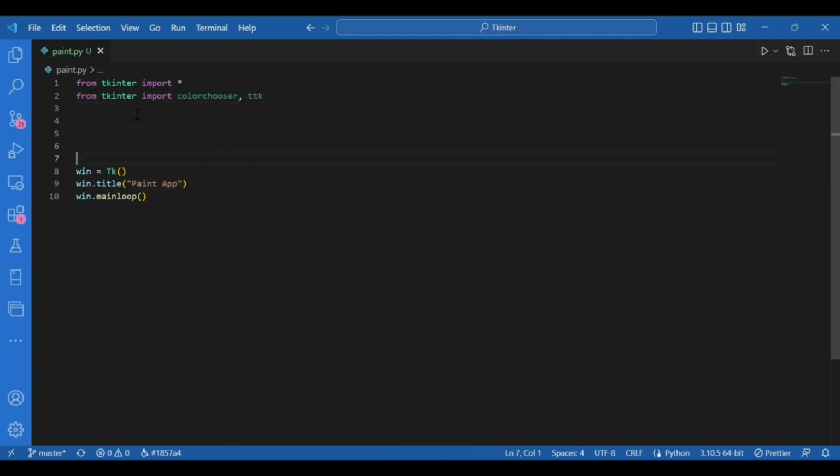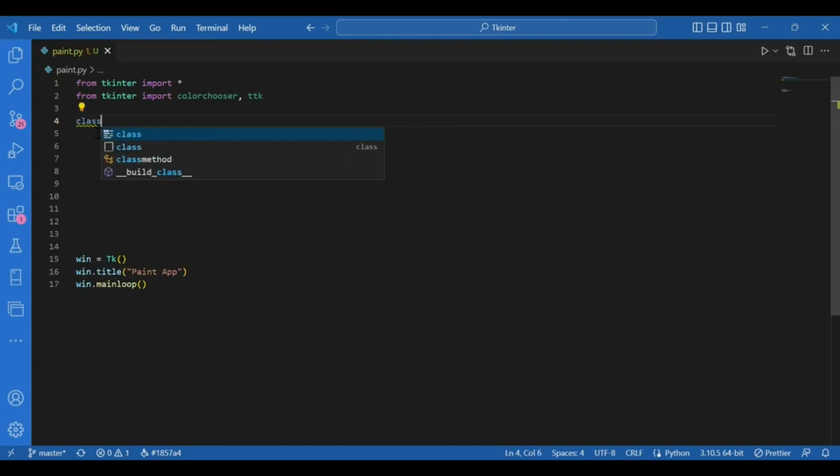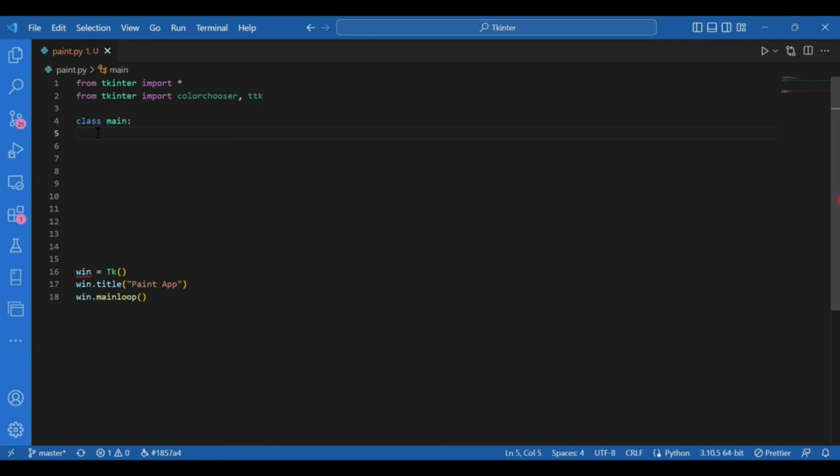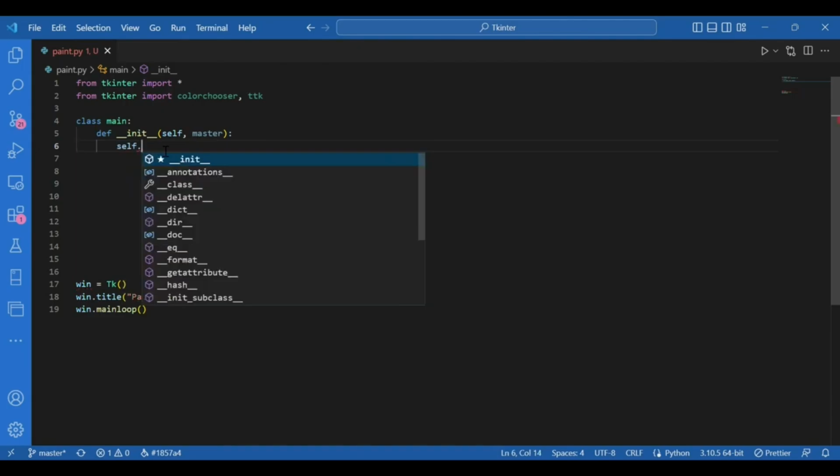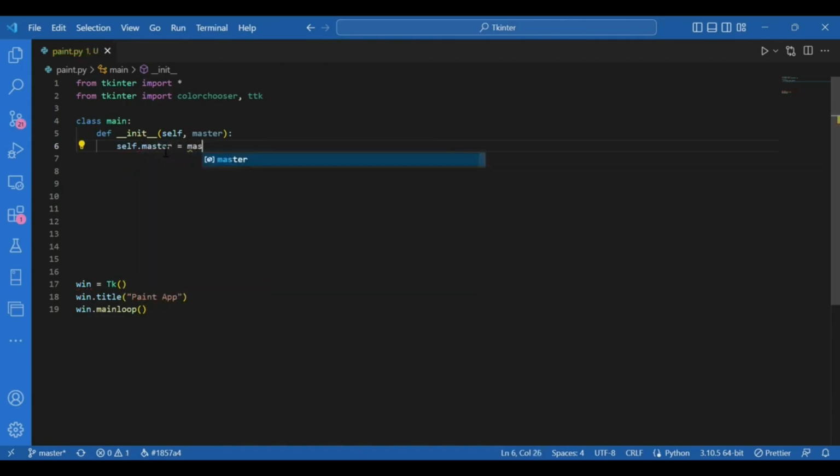Now the class Main, where I would be defining the functionalities of the paint app. So let's get started. I'll write class Main and first the init function, def __init__, for arguments self and master. So this master is the window that would be passed on later to the Main class. And then I'll write self.master equals master